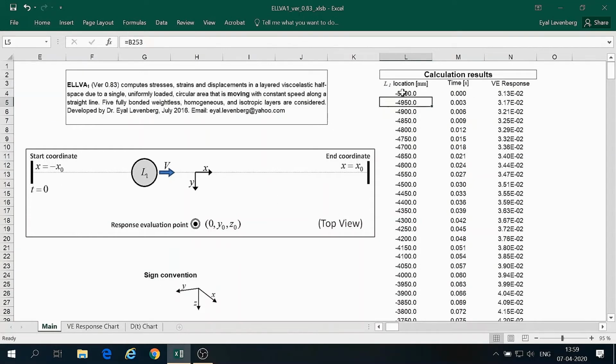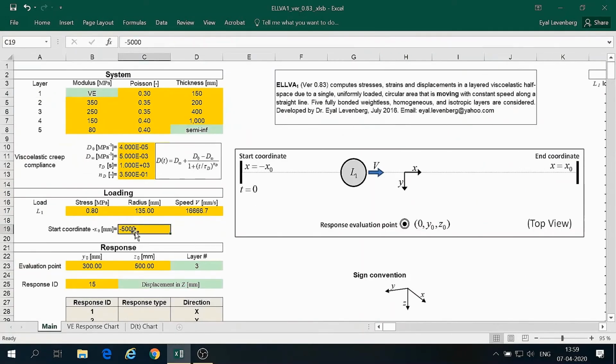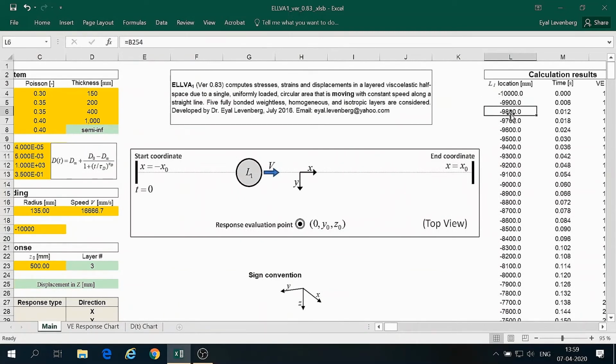Now, this is not a fixed spacing. It depends on the choice of x0. The number of spacings is fixed, so if we were to change this to 10 meters instead of 5, then the jumps would be at an interval of 100 millimeters or 10 centimeters. Now the time is 0 where the load is first applied, and it is advancing forward depending on the speed